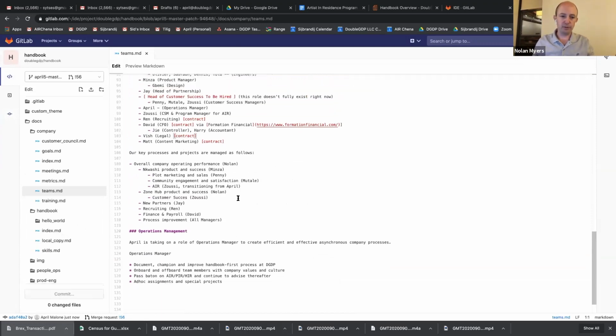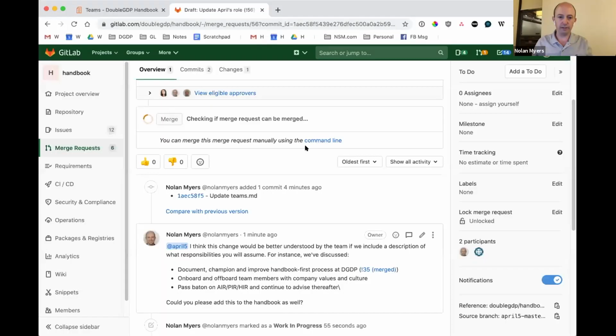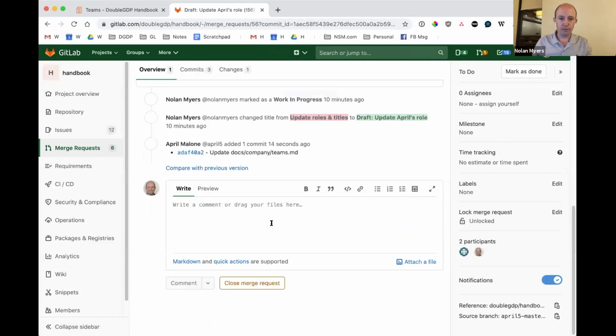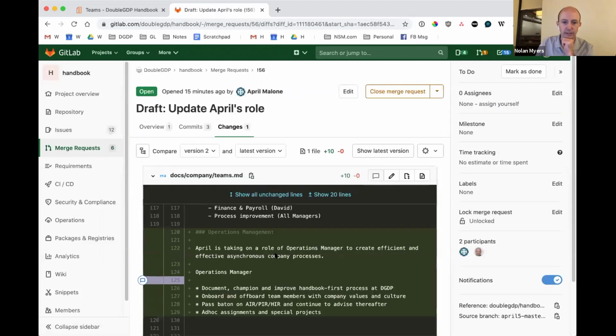Okay, so now let me switch back to my screen. And I'll show you what that did here. Okay, so I'm seeing the same merge request now, update April's role. I see that you've made a new change here, right? And I can compare that with the previous revision. So I can see, okay, this is exactly what April did. You added this, you said April is taking on a role of operations manager to create efficient